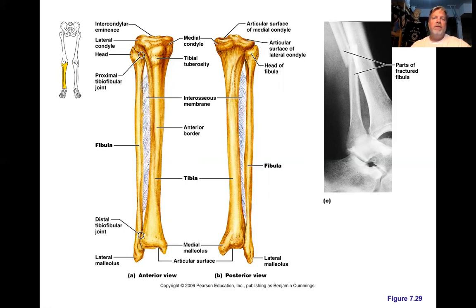As far as the fibula goes, this is a stick-like bone that runs all the way down. Two parts of the fibula that I'd like you to know. I'd like you to know the head at the top and the lateral malleolus on the outside, because if you feel your ankle on the outside, that's really the lateral malleolus that you're noticing. Okay,